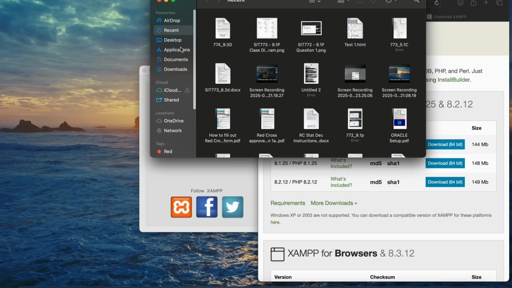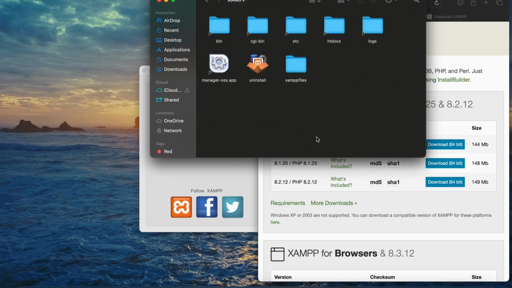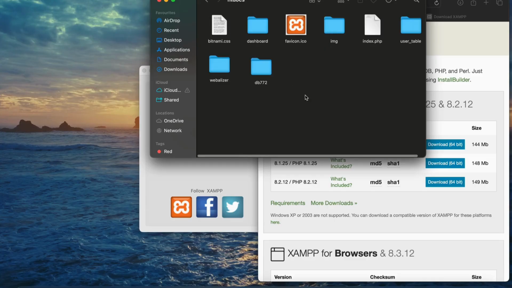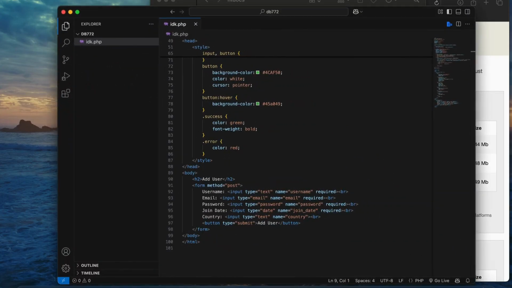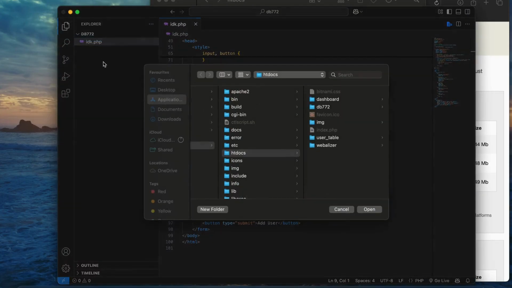Now go to your applications and open the XAMPP folder. Inside the htdocs, create a new folder, which is this one. I named it database 772, and this folder will have all the files for this form. Now go to Visual Studio Code and open the folder